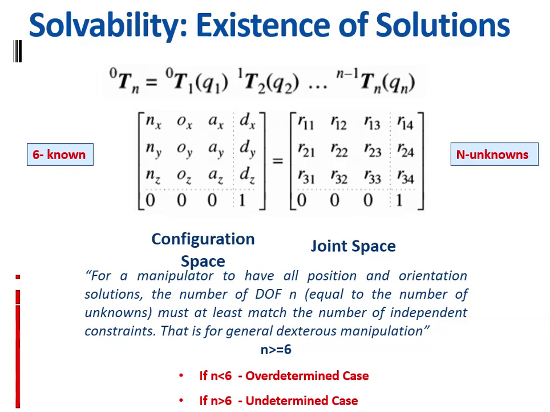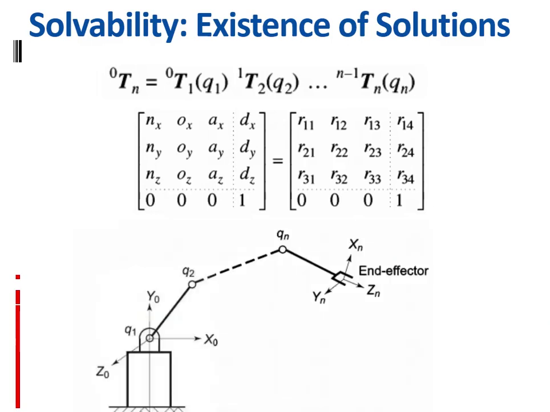Because this end effector can be defined by 6 positions. 6 positions means 3 position and 3 orientation. 3 position means movement along the z direction, movement along the y direction, and movement along the x direction, that is dx, dy, dz, and 3 orientation about the z axis, that is roll, this is pitch, and this is yaw, and this is all we will get finally.